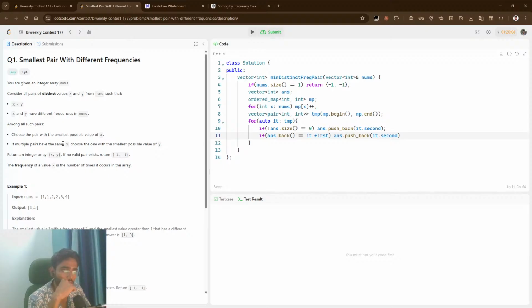If multiple pairs have the same x, then choose the one with the smallest value of y. Choose the pair with the smallest possible value of x. Consider all distinct pairs. So, but then it should,